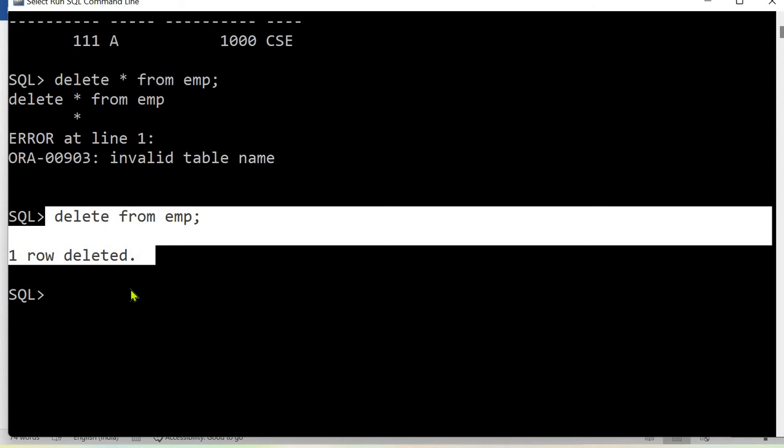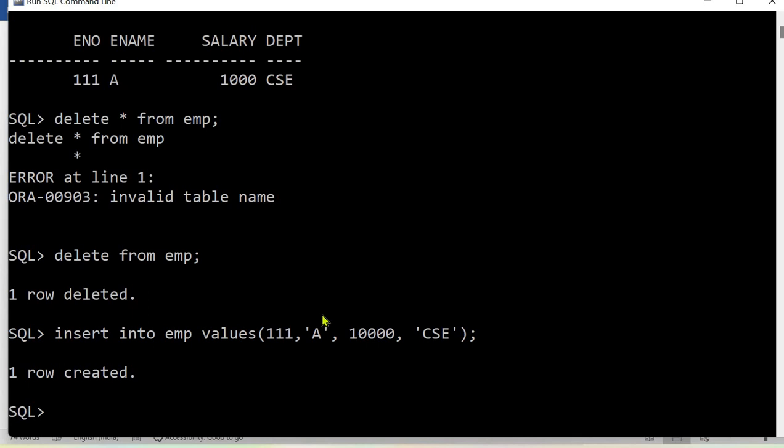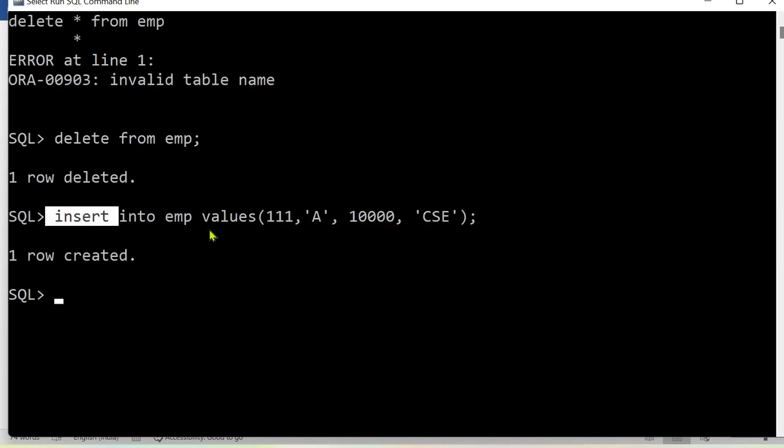So let's try to insert. Okay, the row is inserted into the table employee and the trigger runs in the background,